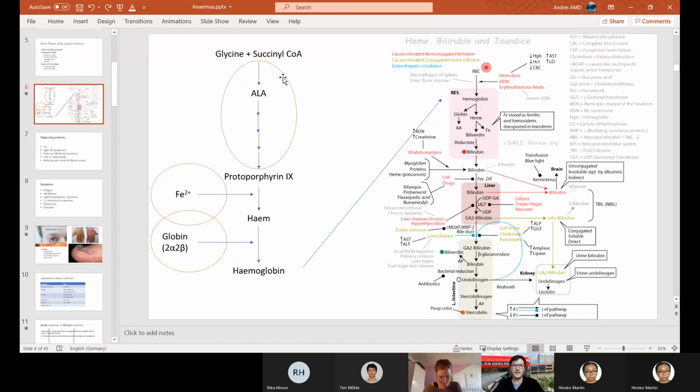What is important for us, though, is that if there's a defect here, then you can get anemias, and those are called porphyrias. When you have a disorder of the synthesis of hemoglobin, that's referred to as porphyrias. And then the next thing is that you have to incorporate iron into this protein, protoporphyrin, and you end up getting heme,